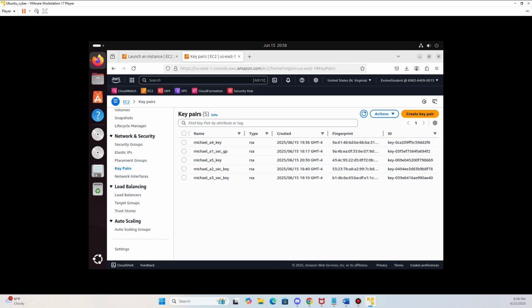I was able to finally connect in to the remote server. So we're going to pretend we're starting all over again. So here we go. Create key pair,